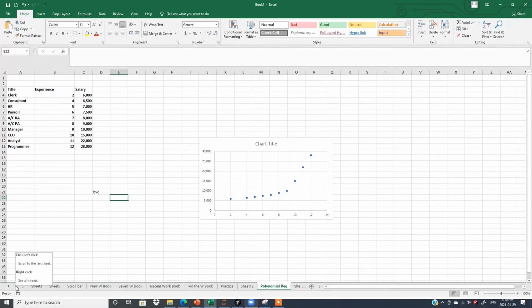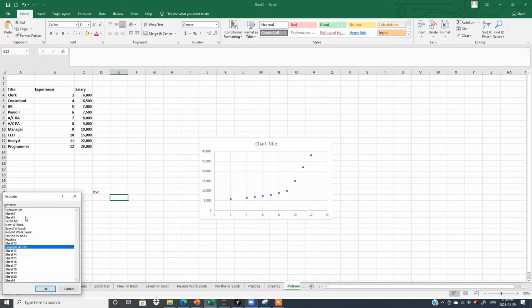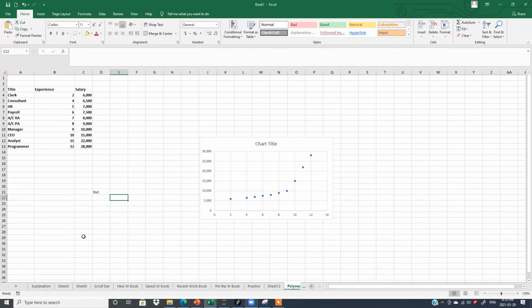So the first way is you can scroll or click on these two buttons. Another is just right click on this and find out which sheet you have to work on. As I have mentioned, there are 2 or 3 different ways in Excel to perform the same task. So there are 2 tasks and I have explained them to you.